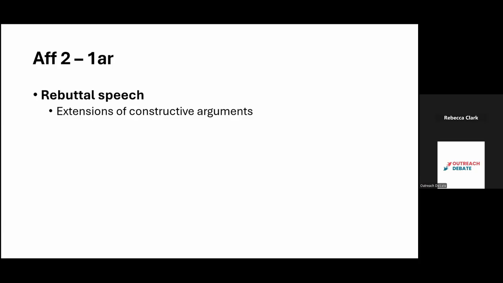So that's why in this speech, you have to be extending your constructive arguments. If it's an argument you want the judge to evaluate, you bring it back up again. You're also going to be doing a lot of refutations. This is the main function of the 1AR anyways. You're going to be refuting what the negative said, responding to their contentions. You're also going to be defending your own contentions. For the rebuttals they gave your contentions, you need to offer a counter rebuttal or a defense, arguing why you're still right or still winning this argument, importantly.